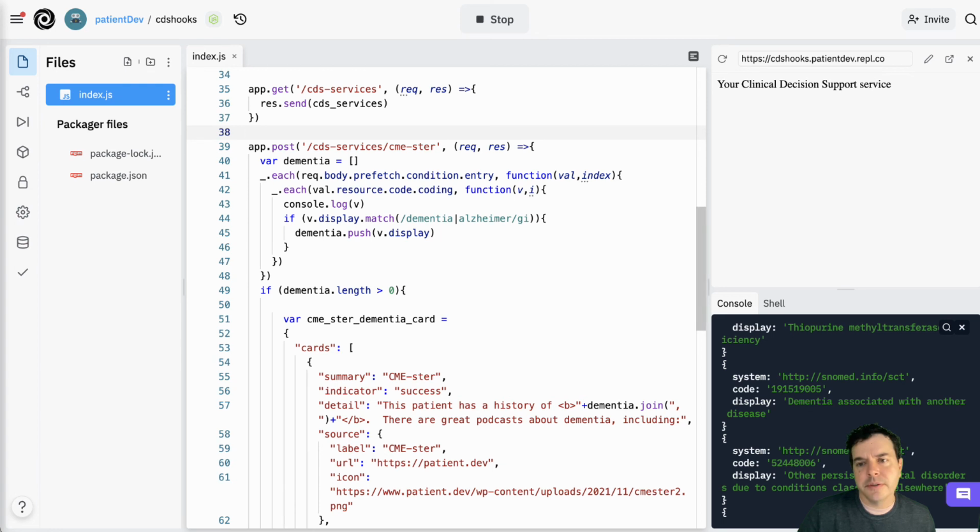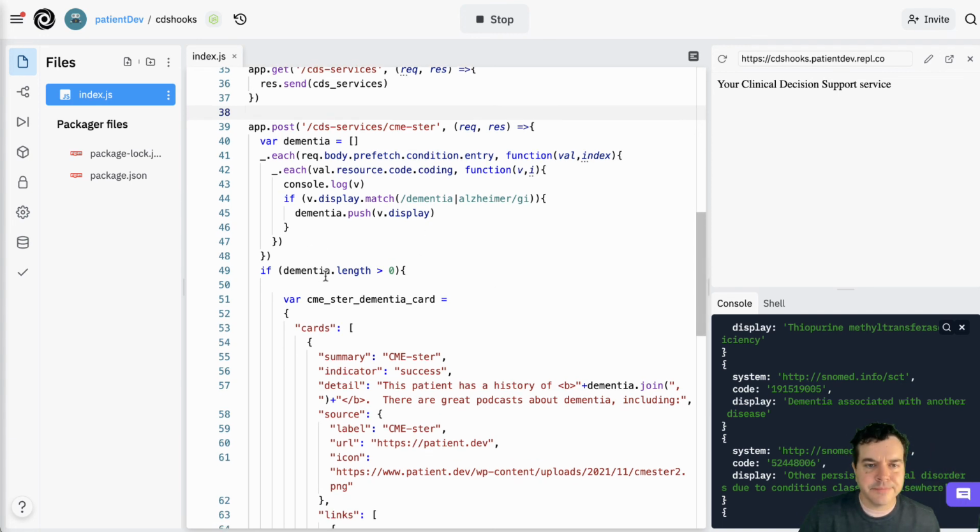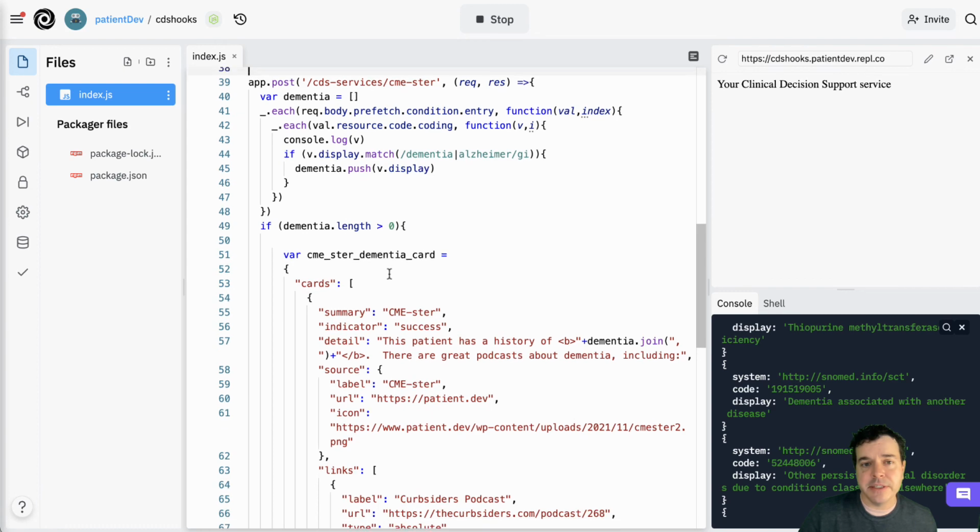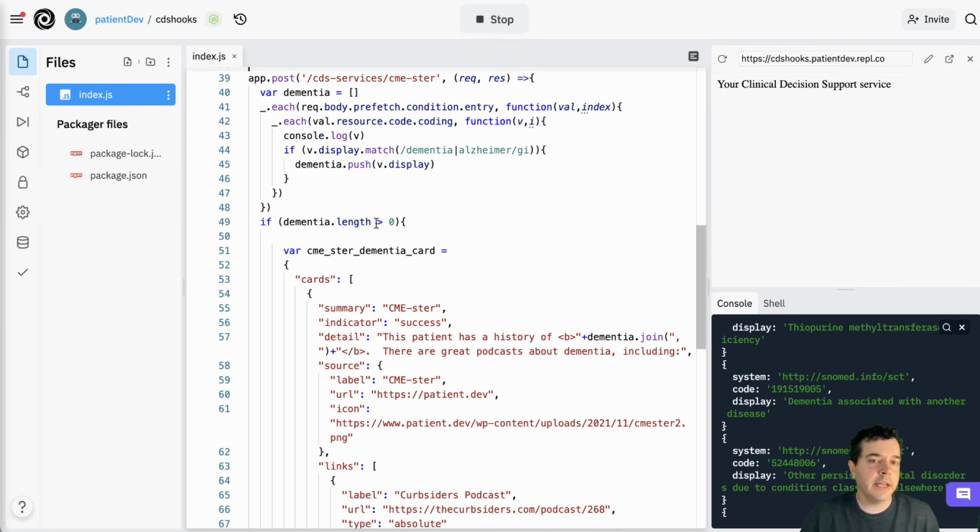So what I essentially do is take display and just match it. You probably want to do something more sophisticated, like only these certain SNOMED codes or ICD-10 codes or something like that. But this is just kind of quick and dirty. So what we've done is loop through the prefetch data. If there is a match on dementia, so the dementia array length is greater than 0, we're going